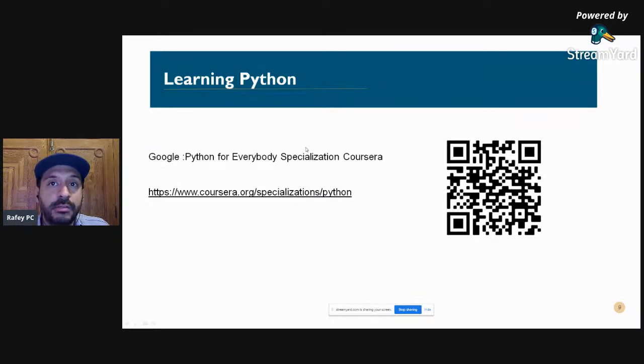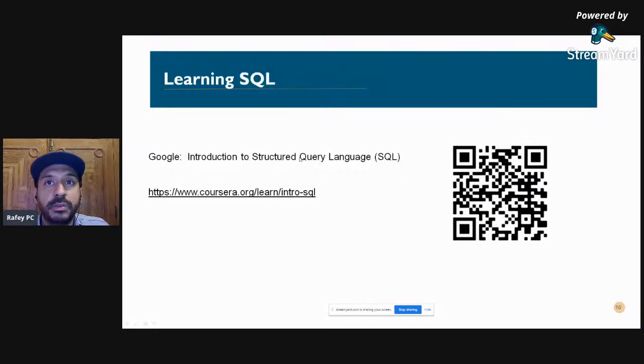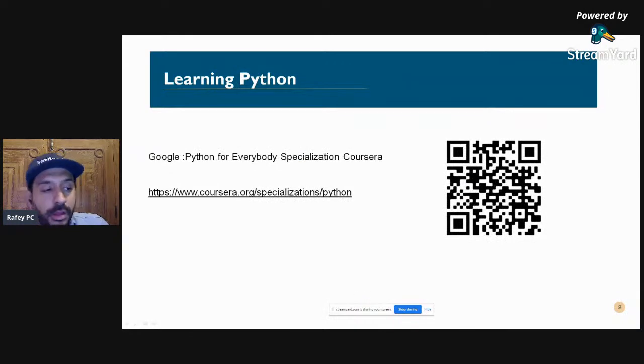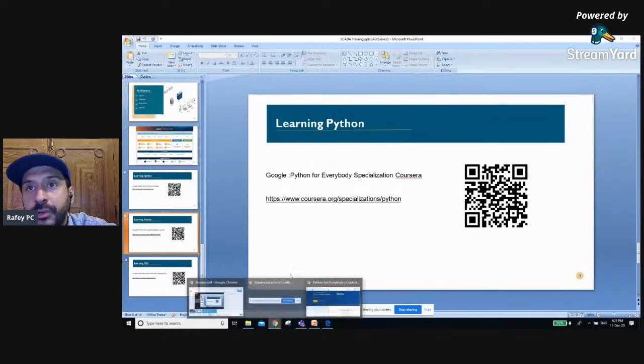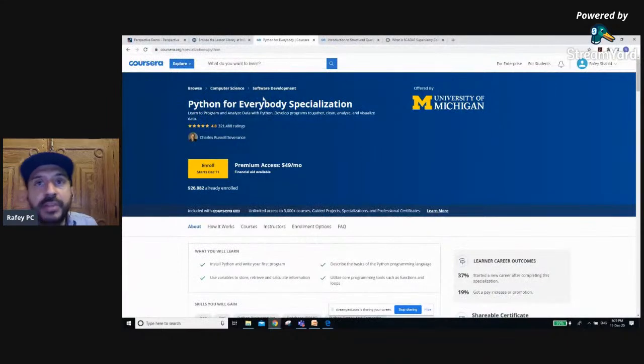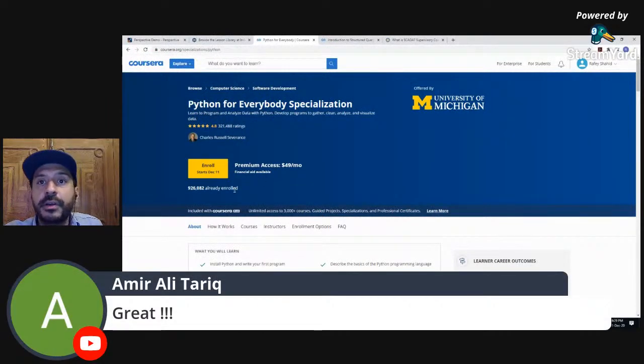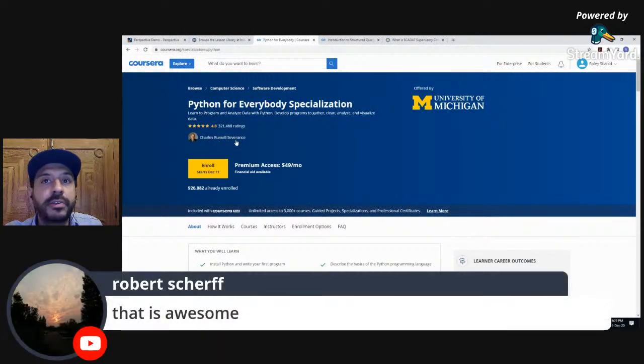Again, QR code scan, or you can just type this into Google. I've got this link open right here. That's Python by Professor Charles Russell Severance. I hope I'm pronouncing his name correctly, from the University of Michigan. I did go through this, and I do recommend everybody who's looking to learn Ignition, please